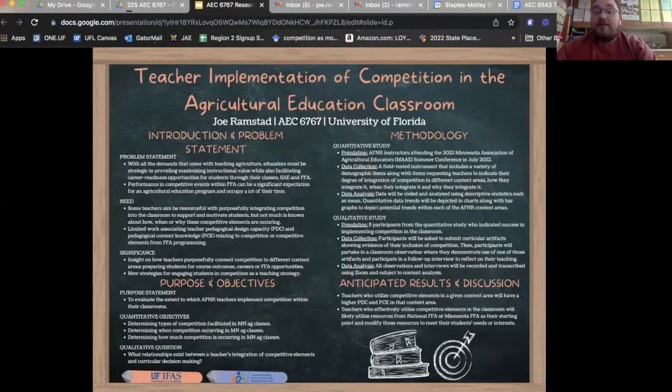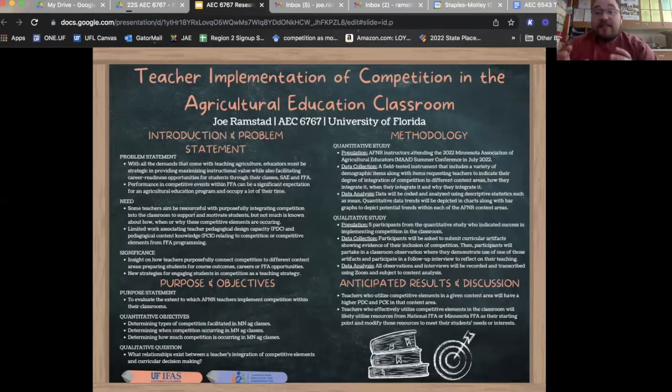So 5 participants from that quantitative study will be invited, and I will go out and visit their classes and interview them at site. So they're going to be in an environment that they're in every single day, their classroom or their school. Participants will be asked to submit curricular artifacts or examples of how they implement competition within their classes. And then after that, they will participate in a classroom observation conducted by me. All of this will be recorded through Zoom and transcribed at a later time to help with coding and sorting the data as well. And then from there, hopefully we will have enough information to fulfill the quantitative objectives from that instrument, and then finally make a connection with that qualitative question that I mentioned previously.